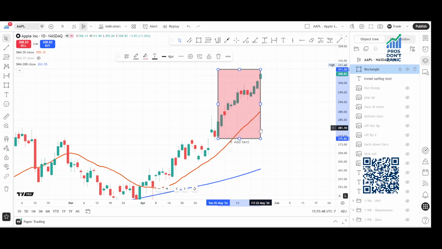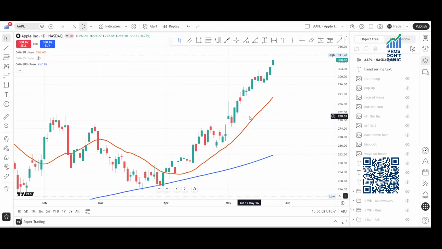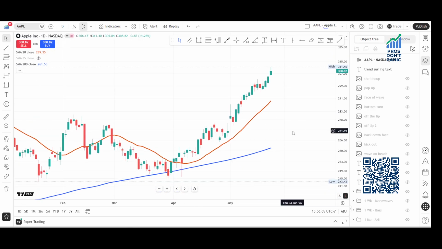It has not pulled back at all yet. So it may crash on the beach right here, and we'll determine that, or it may pull back and this 20 period will continue on and it'll do another run, and we can capture some more profits. But this is real time in the end of May in 2026. If you were in my course and following me in the live coaching, you would have been able to find this trade, be in the lineup, catch your power wave, and be in this right now. And you will not be caught out here as this thing pulls away from the 20 period moving average, which is pulling away from the 200.